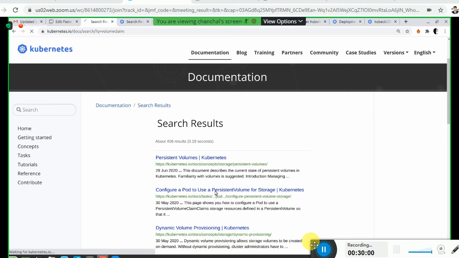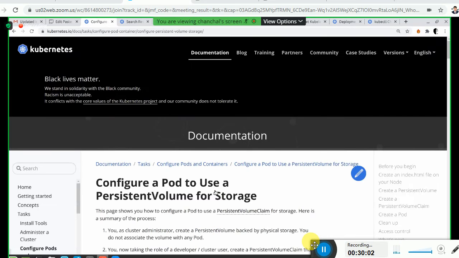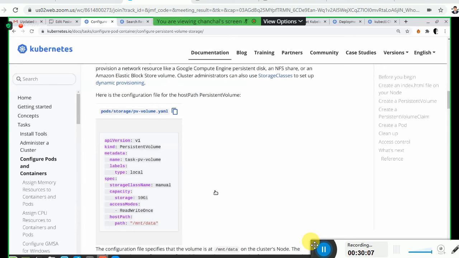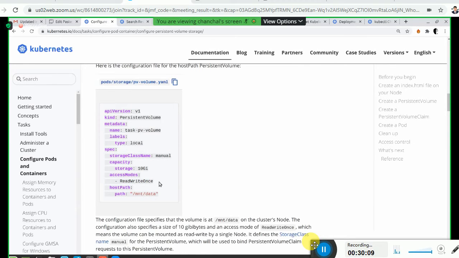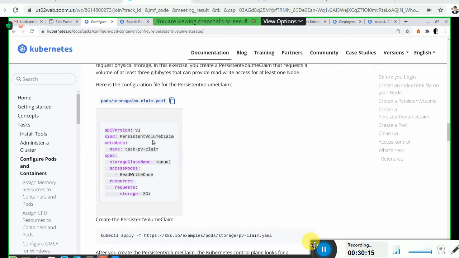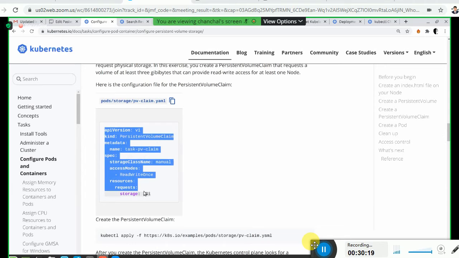Configure a pod to use persistent volume storage. So the configuration for a PVC we want. This is the PV, read write once. Now this is the persistent volume claim. Great, we have a configuration totally available just like this. We can copy it from here.